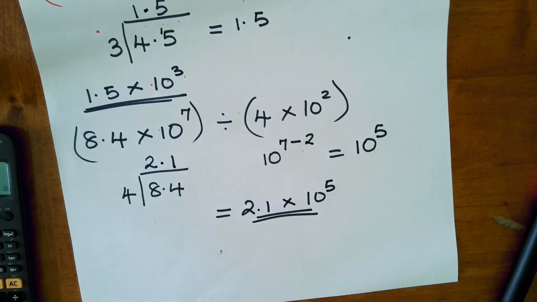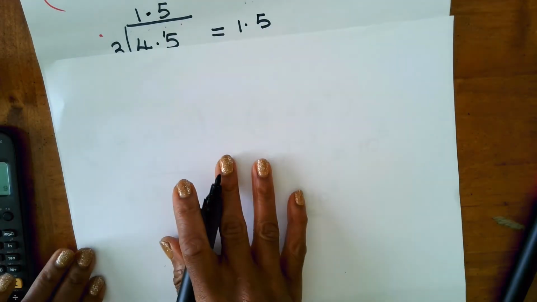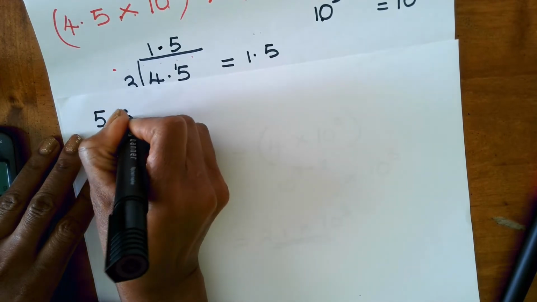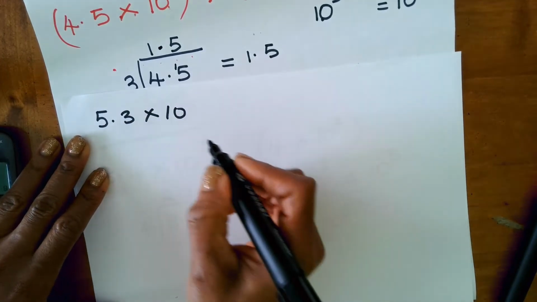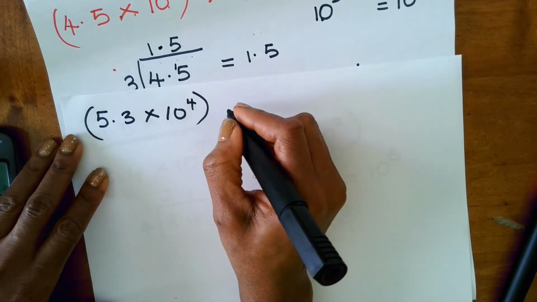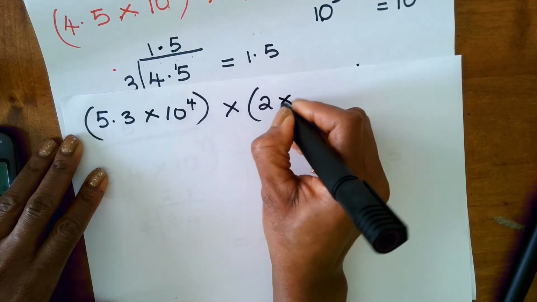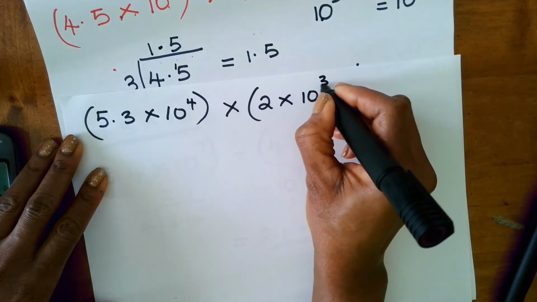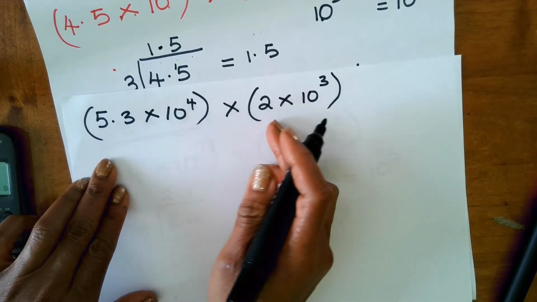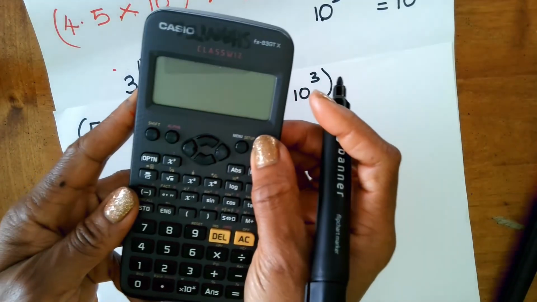Right. So let's do one more example with the multiplication. This is a different one. 5.3 times 10 all raised to the power of 4 multiplied by 2 times 10 all raised to the power of 3. So I've got to multiply the numbers and then I'll add the indices. So I use my calculator again to do